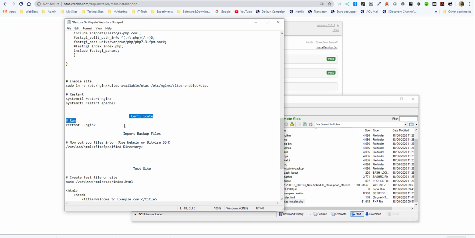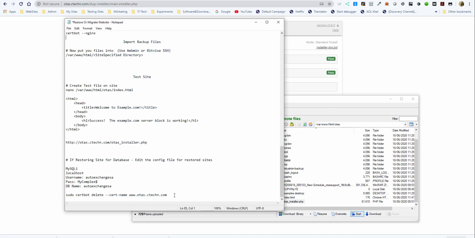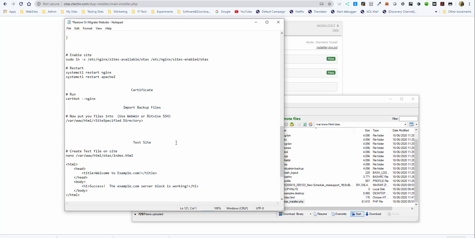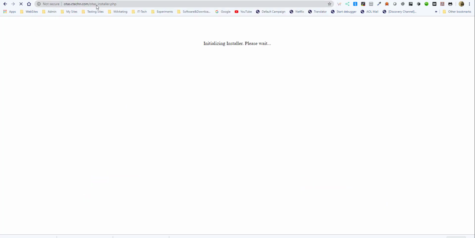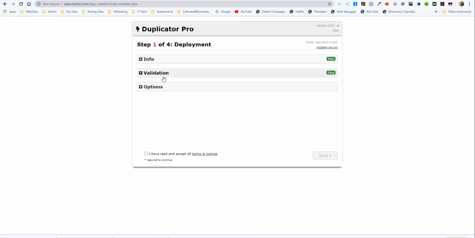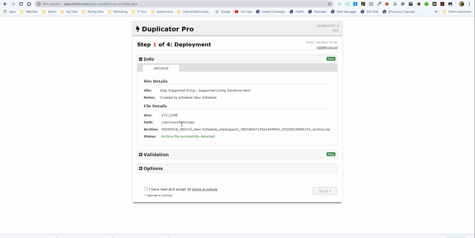You just delete the certificate. There's a command for deleting the certificate. That's the command. Delete certificate, and then run the site non-secured. And then once you run that, it says initializing, and then you can see it's done